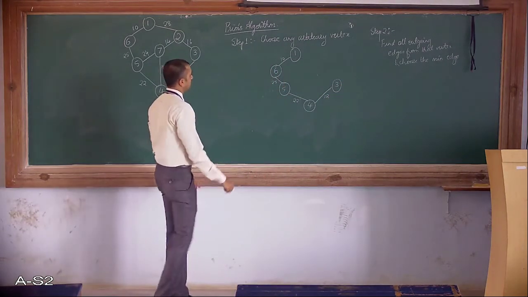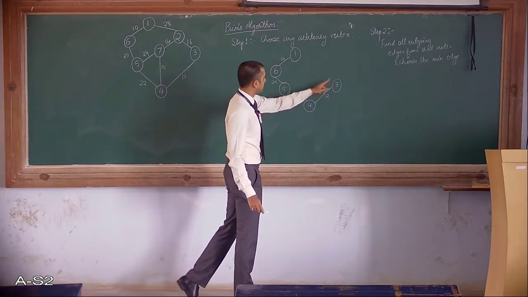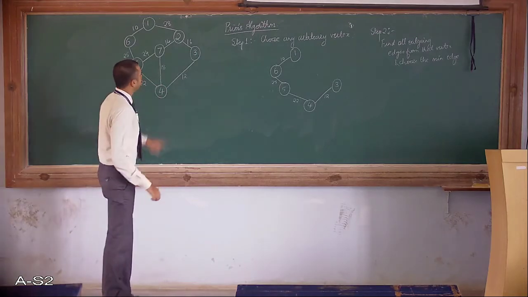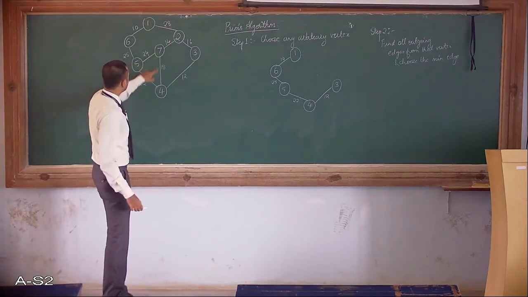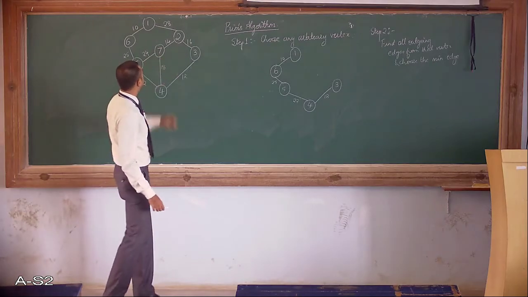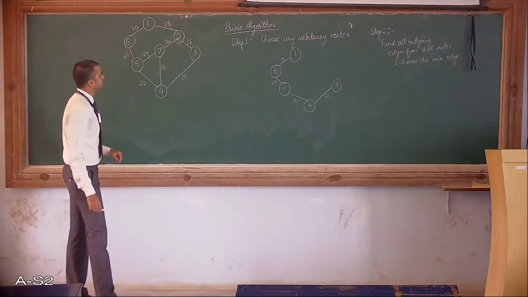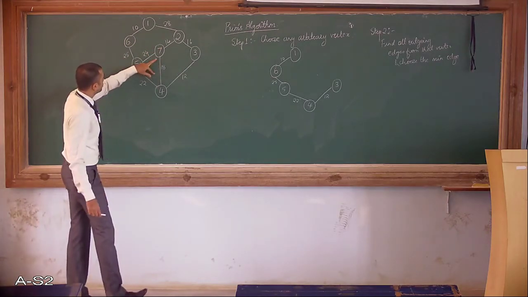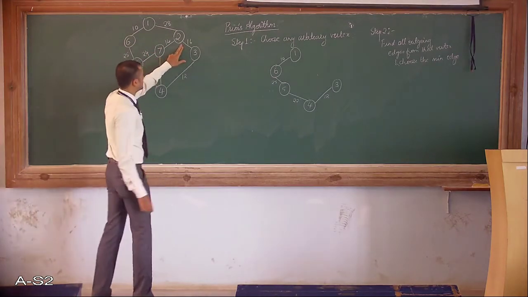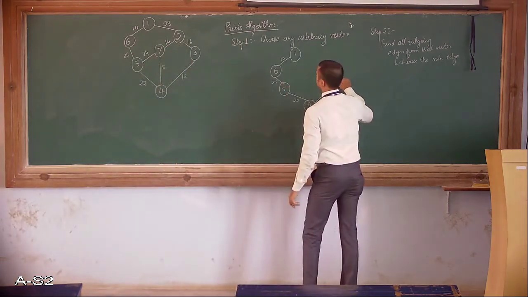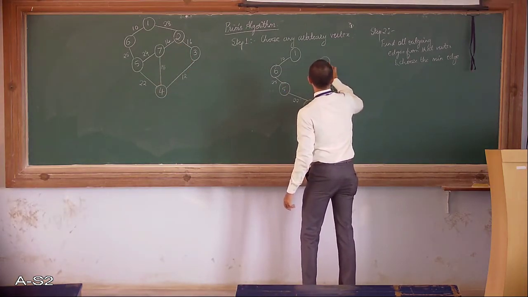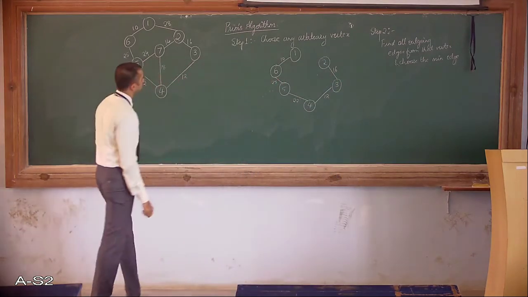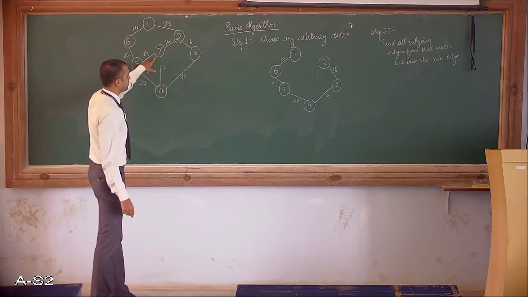Now again, consider 1, 5 and 3. 4 is also can be considered because there are 3 edges going from it. So 1 to 2, 5 to 7, 4 to 7 and 3 to 2. Which one is minimum? 5 to 7 is 24, 1 to 2 is 28, 4 to 7 is 18, 3 to 2 is 16. So 16 is minimum. So write 3 to 2, which is 16. Yes.